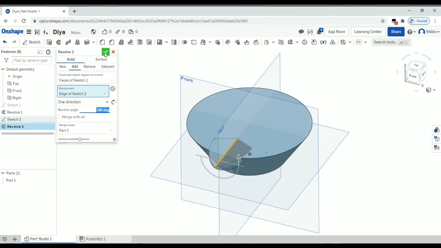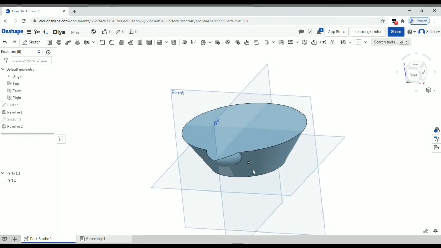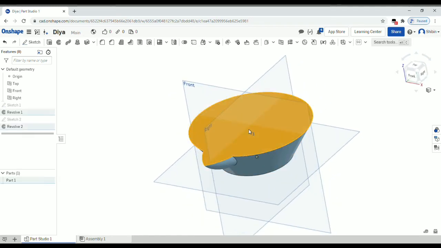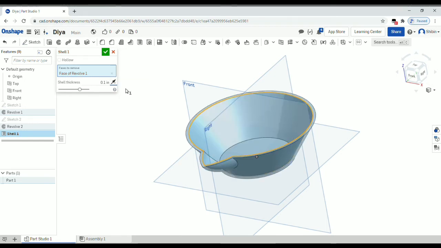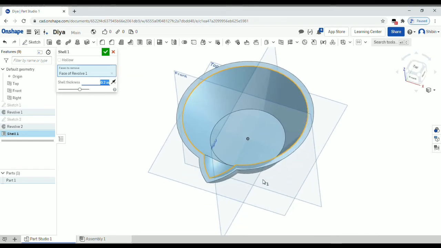Now this is not a diya yet because where will you pour the oil, right? So for that, click the part and once you have selected, go for shell. It's right here. There seems to be some form of an error because of these red lines and this red text of shell. So there's no need to worry. Just click on this inverse part. It's going to shell it in the opposite direction. Now we have the desired shape. I'm going for a thickness of 0.2 inch. There you go. Now it looks something like a diya, right?